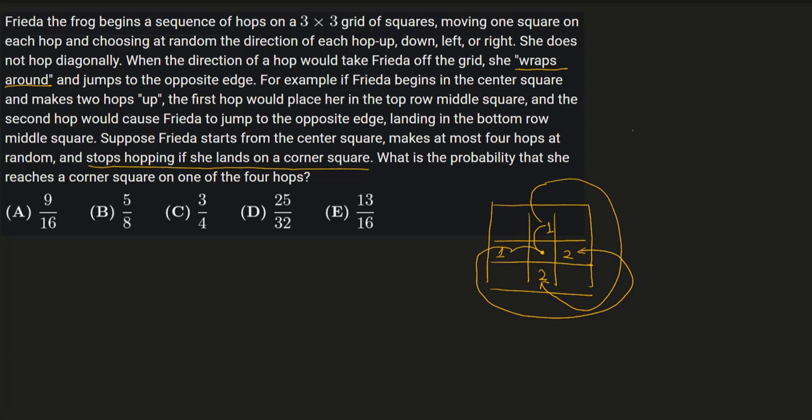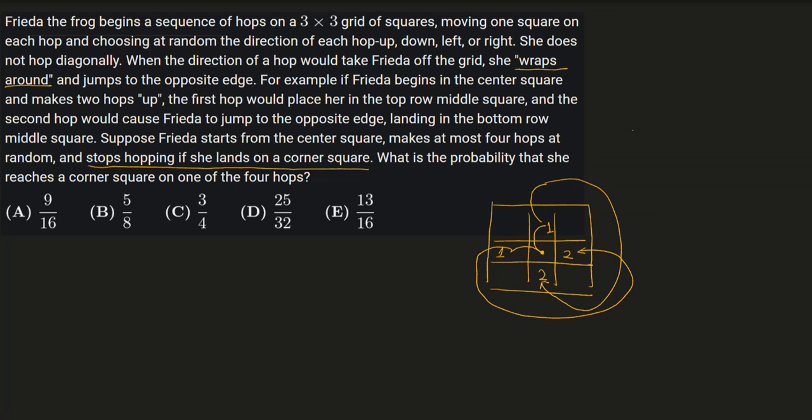That's a very common mistake, because at the end of the day, we need to compare all the possible stopping times, no matter whether she lands at a corner for the first time after 2 hops or after 4 hops. Therefore, we have to compare things apples to apples,